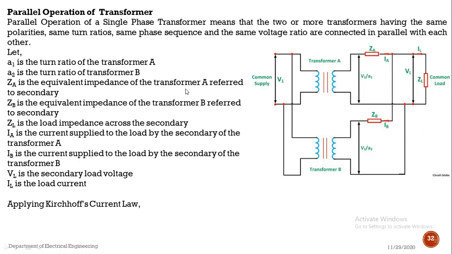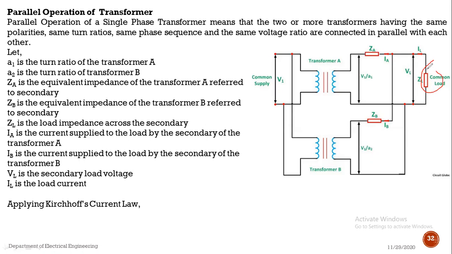The equivalent impedance of the second transformer referred to the secondary is ZB. The equivalent impedance of the first transformer referred to the secondary is ZA. Then ZL is nothing but the load impedance. So this ZL is nothing but the load impedance. Okay,